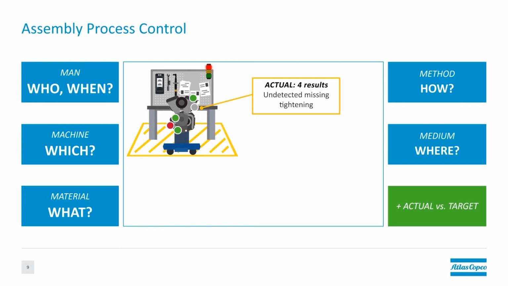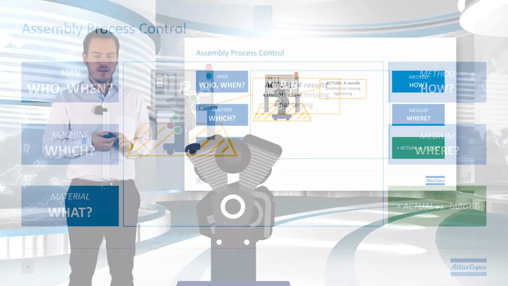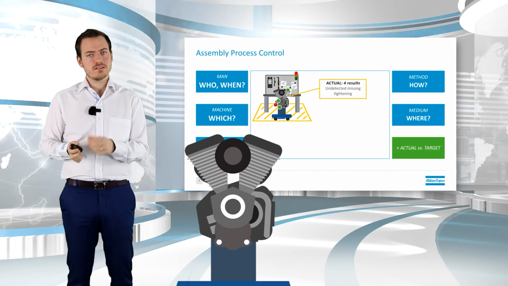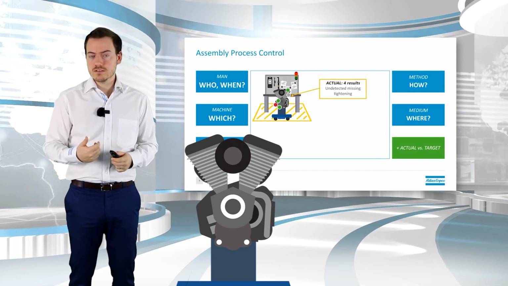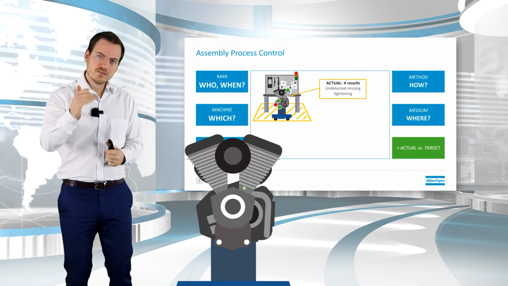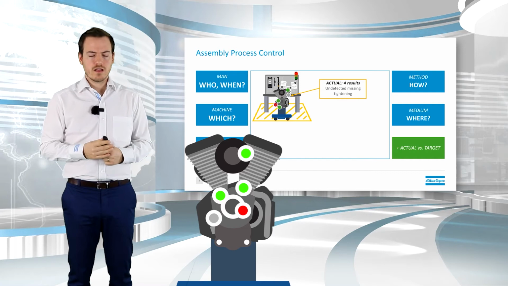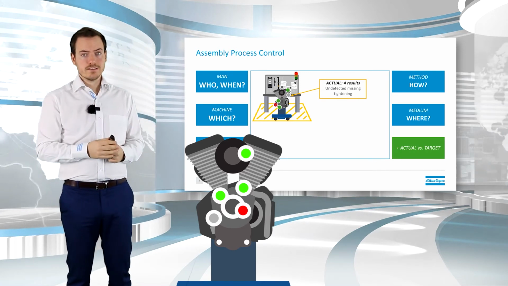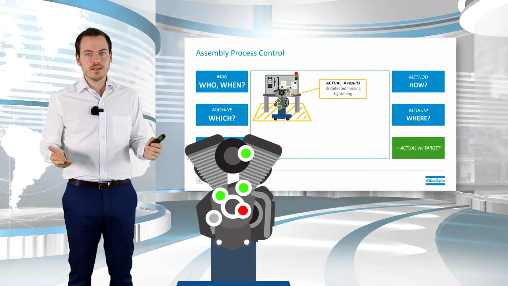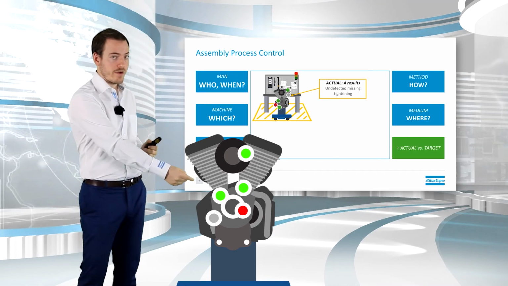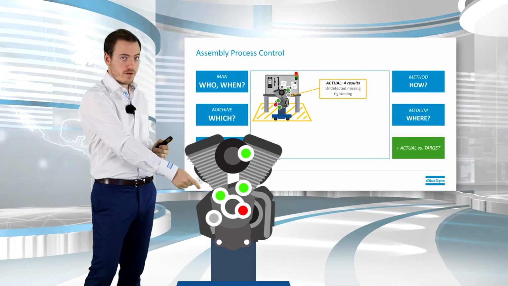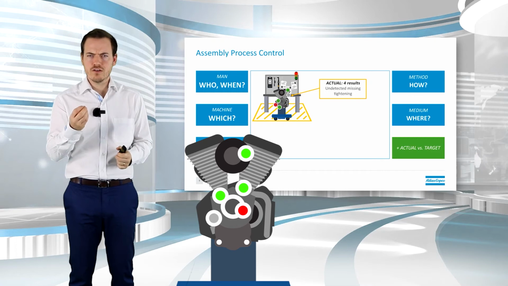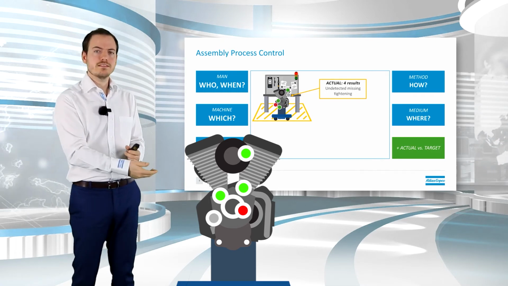Now, if we don't have a process control, and let's say we have a traceability system, maybe the customer's traceability system, the quality system, it could be even our own ToolsNet, then we see a list of the tightenings that were done in there. And then you see, okay, we have here 3 OK tightenings and 1 NOK. That's all we see. But what happens? This gray one there wasn't done. And if we have just a traceability system that is not really controlling the process, then we will miss that.